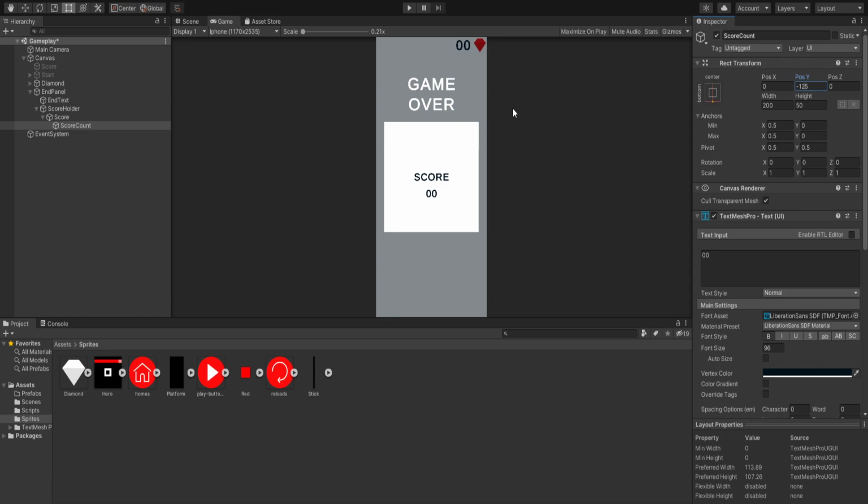So that's how our score is looking, and let's increase the size to 128. So it looks better, and